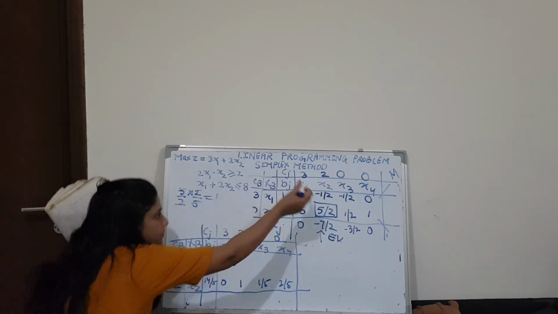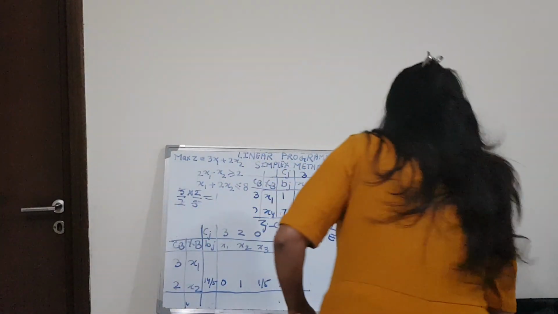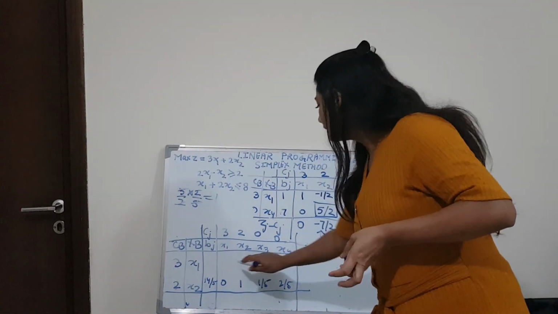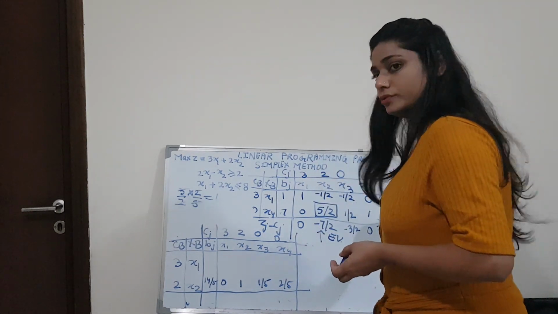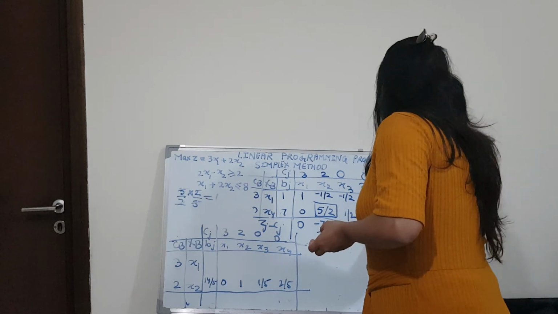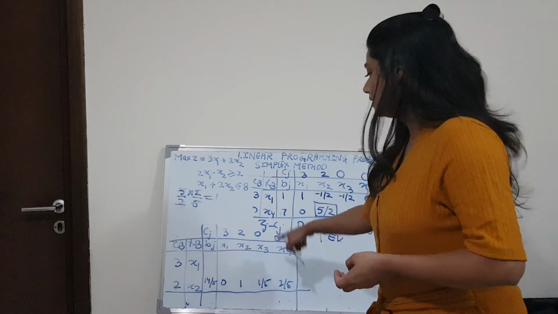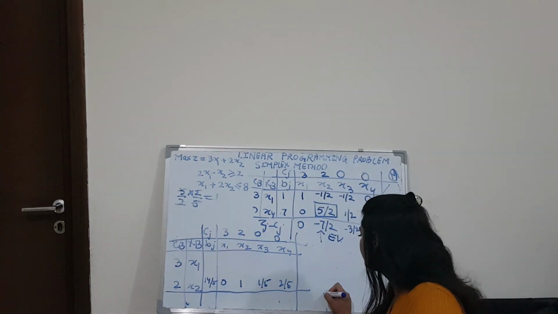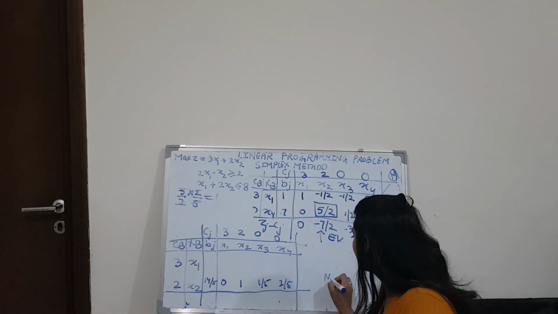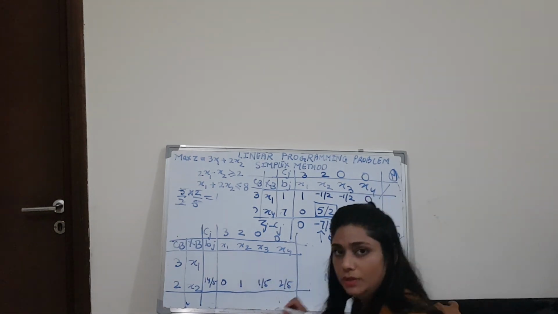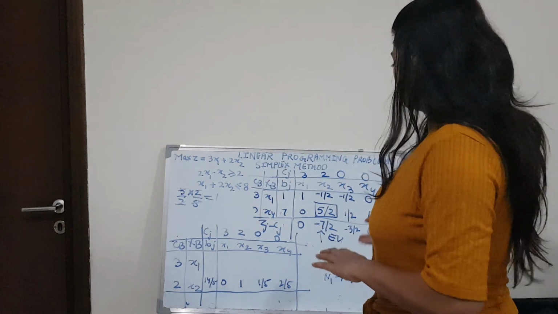Now at this place we will make 0. So how will we make it? See, we need to calculate N1. We have N2. This is O1, this is O2 now. For this table this is O1 and this is O2, and this is the new simplex table. So we have N2 and we need to calculate N1. N1 we will calculate from O1 only. This is the rule. If we are calculating N2 we calculate from O2 only.